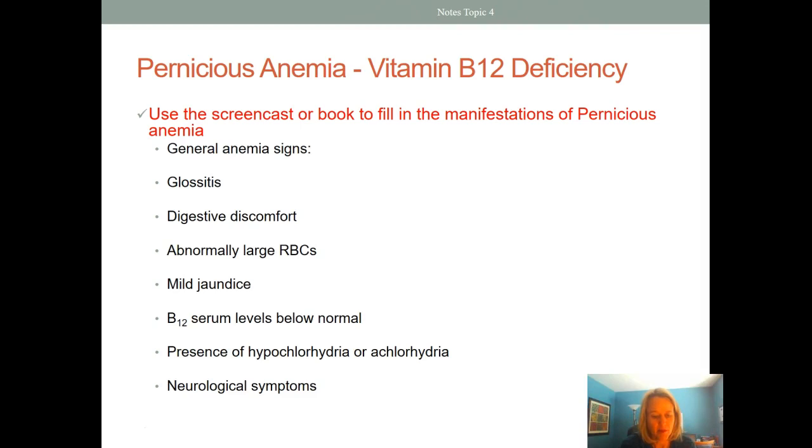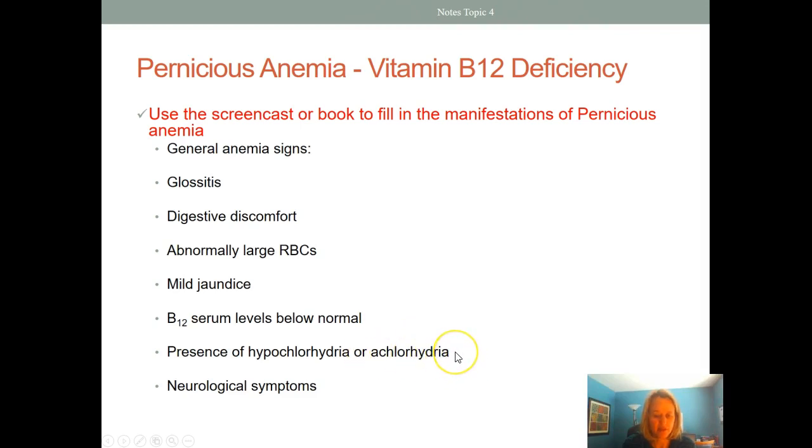problems. Abnormally large red blood cells, and this is going to cause an increase in the mean corpuscular volume, but with a normal mean corpuscular hemoglobin concentration. Mild jaundice, because the red blood cells are destroyed prematurely. B12 serum levels are going to be below normal. We can see the presence of